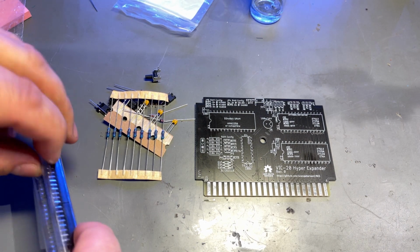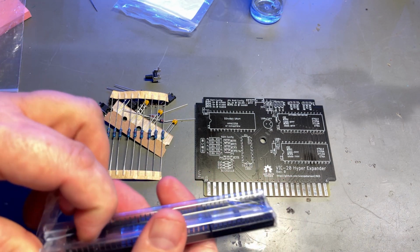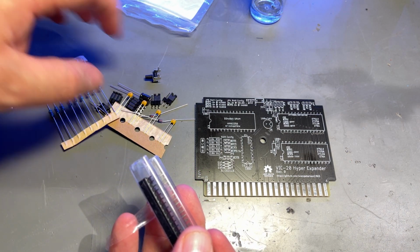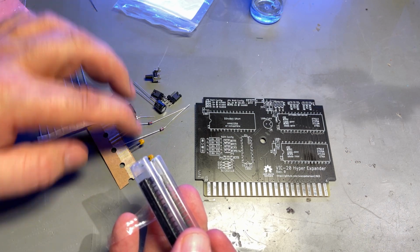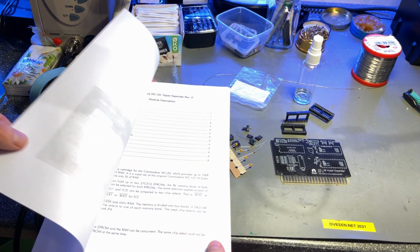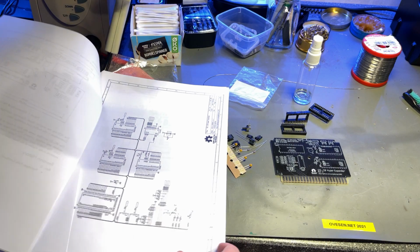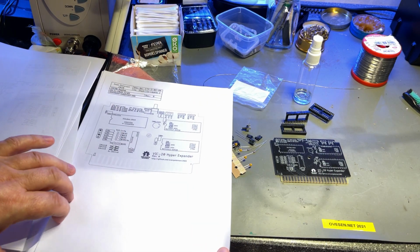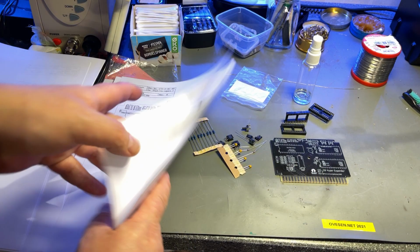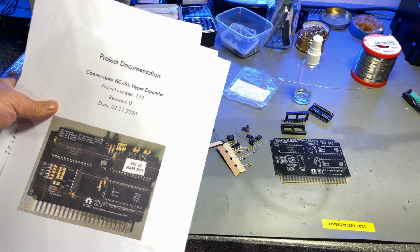So this should be a fairly easy build. It's all through-hole components. Standard components, a couple of sockets, resistors, and some jumpers, a few diodes, and a few small capacitors. And it's all very well documented in this long multi-page document. Contains all the information you need about the project. This is great stuff. And this is only revision 0, so there might be additional features or revisions on this